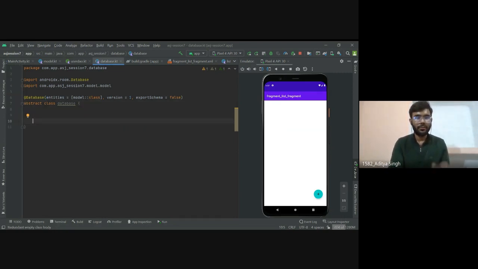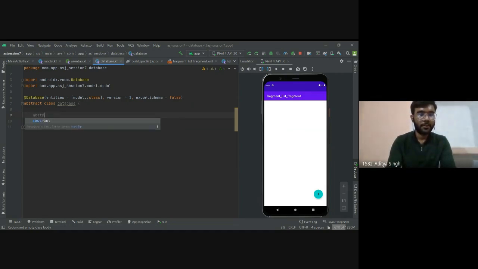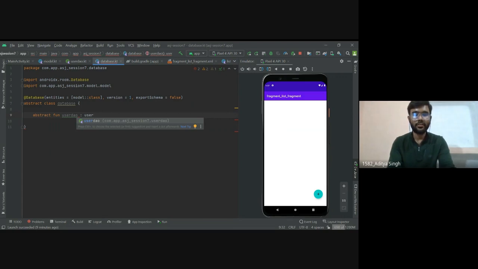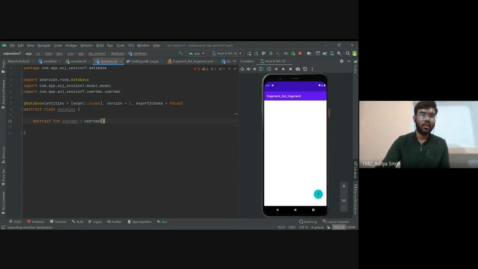Now, as I told you, for every interface we need to create an empty function with the return type of our user DAO type. So let's do this. Get function, name it user DAO, and it will return an instance of user DAO, or you can say an object of type user DAO.